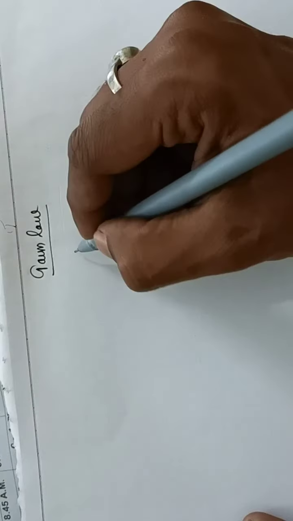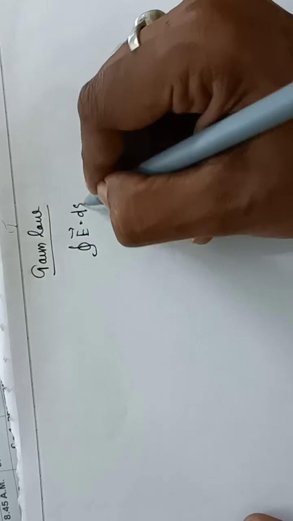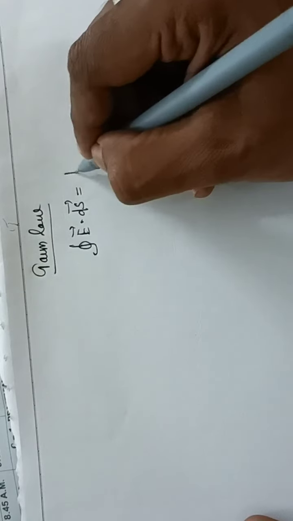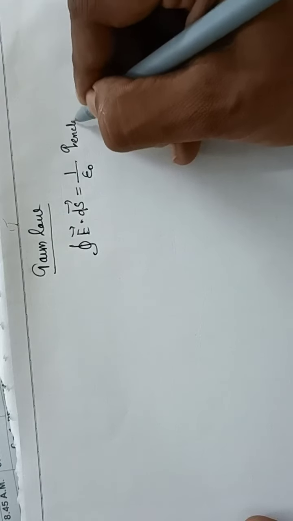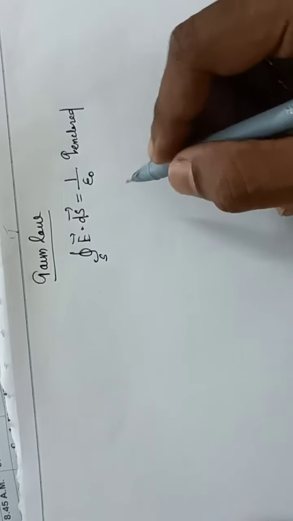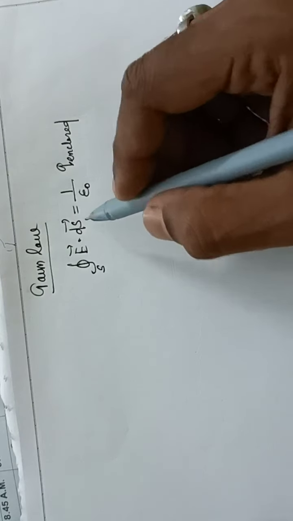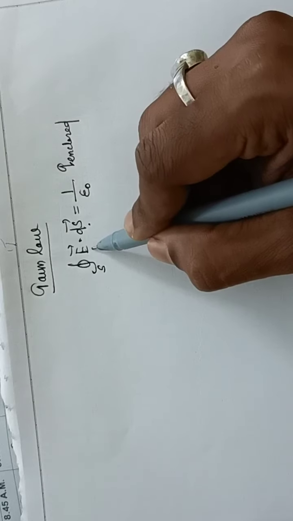Today we will discuss one more application of electric field, that is Gauss's Law. What does the statement of Gauss's Law say? It is written like this: the closed surface integral of E dot dS is equal to 1 by epsilon naught times the amount of charge enclosed. I just want to repeat the statement in literary form: the surface integration of electric field